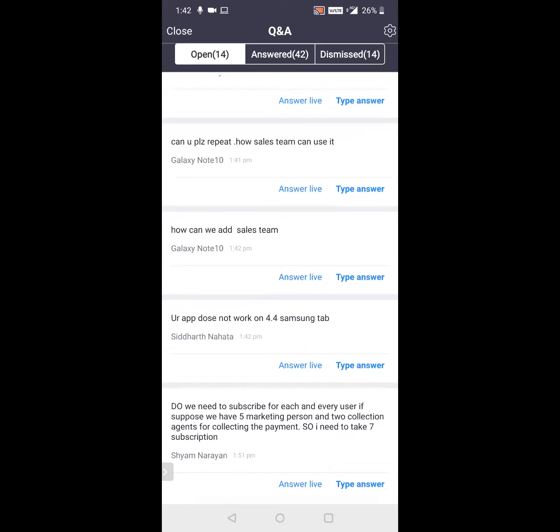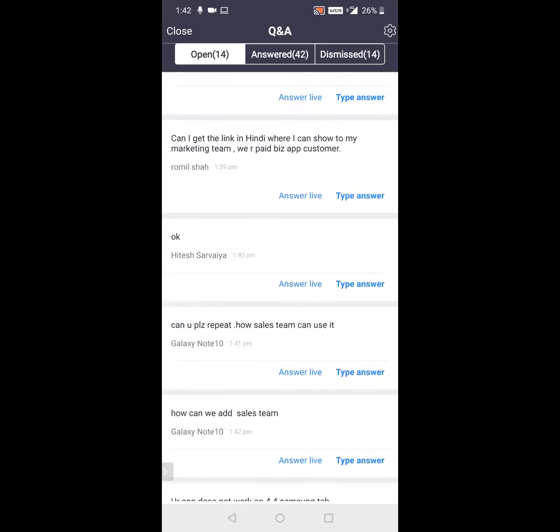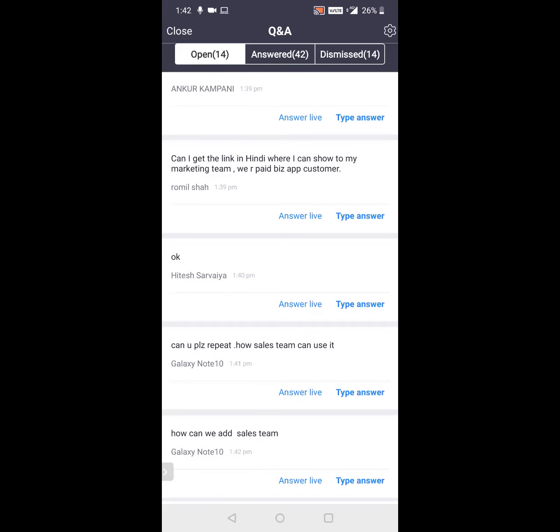Shamji, the answer is yes. Our pricing is per device per user, because even on the back end, that's how we incur the charges. So whether you buy 1 device or 100 devices, our price is the same for every user: 1800 rupees plus GST per person. And if you buy a 2-year plan, you get another 6 months free. Now, because of the lockdown period, we are currently giving 3 months extra subscription to all the unpaid customers and all the renewal customers. So we are giving that as a bonus.